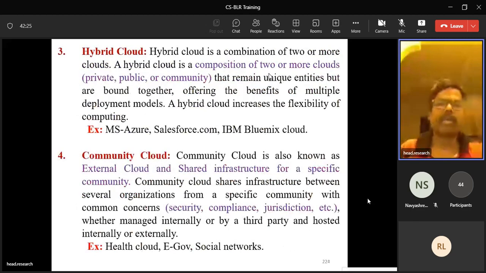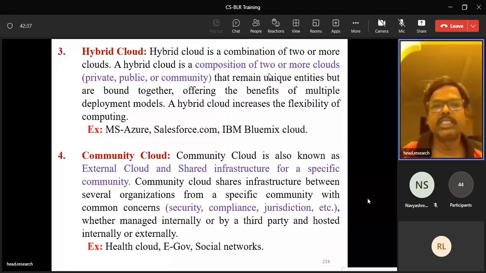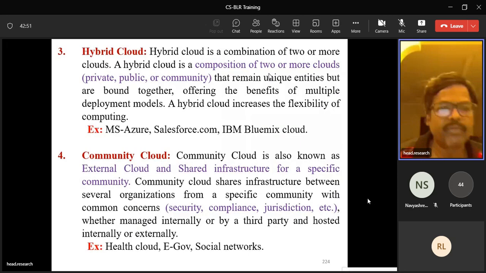Hybrid cloud is a combination of two or more clouds. Hybrid cloud is a composition of two or more clouds like private, public and community, that remain unique entities but are bound together, offering the benefits of multiple deployment models. A hybrid cloud increases the flexibility of computing. Examples are MS-Azure, Salesforce.com, IBM Bluemix Cloud, etc. So that is called